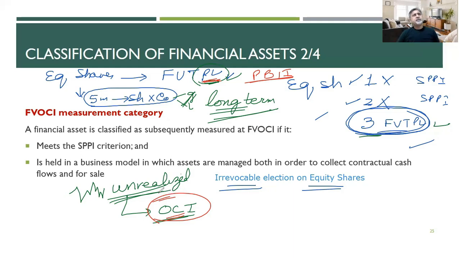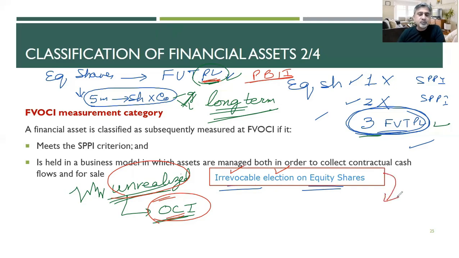I will put it into OCI. I say, fine. I know that. Why do you want to do that? And you have got an argument also for that unrealized thing. I agree with you. I give you this option, no problem. Put it into OCI, but it will be an irrevocable election. Irrevocable election means that you made a request to transfer it from P&L to OCI. I agreed with your request, take it down to OCI, but then you cannot